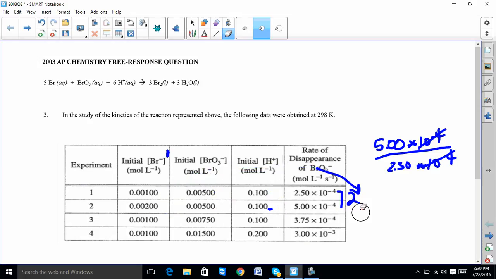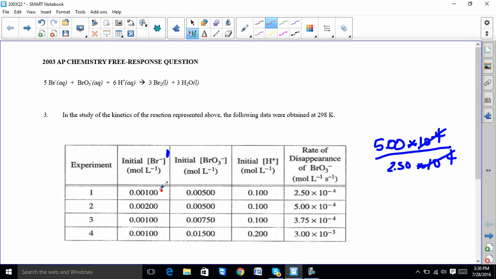So now the next reactant, and you'll see with these non-trivial ones, they're actually pretty nice to you. I'm going to switch colors. I'm going to go red this time. I want to find a set of trials to figure out what's going on with the bromate. I need to find a set of trials in which these two don't change. I could use 1 and 3, or 1 and 4, or 3 and 4 here. And I can use 1 and 2, 1 and 3, or 2 and 3 here. And so the overlap is right